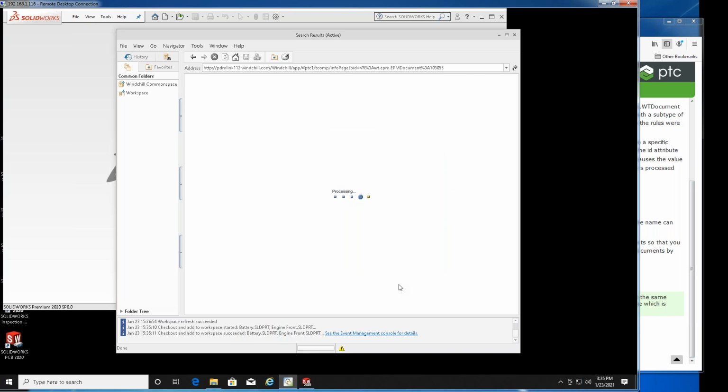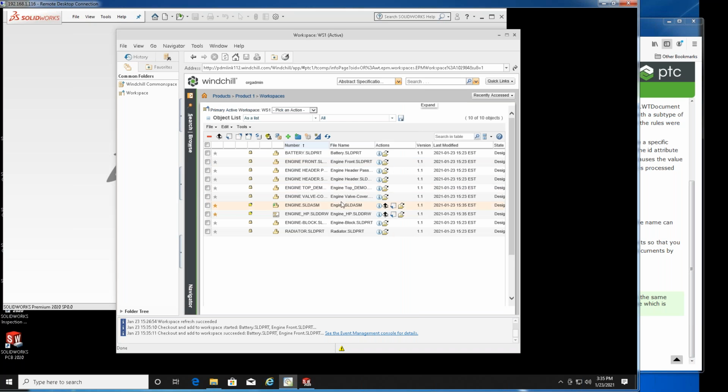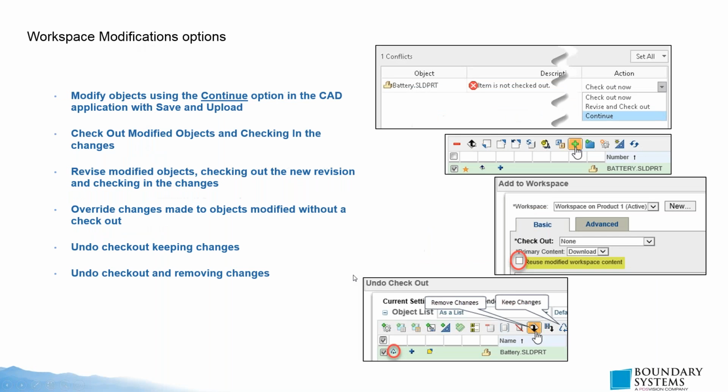Hit the OK button, and notice now in Workspace, we will see all these objects added, and the assembly and the drawing are automatically checked out, and everything else is locked. Okay. All right, I'm going to leave it at this for this particular presentation, and nothing else really for the Add to Workspace Advanced. And let's move on to the next topic, which talks about